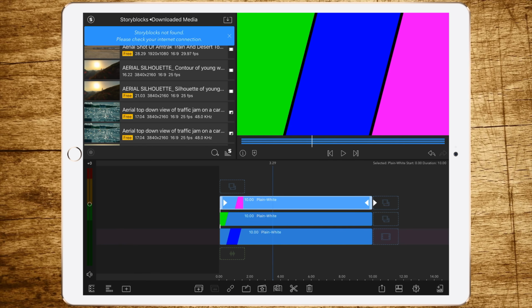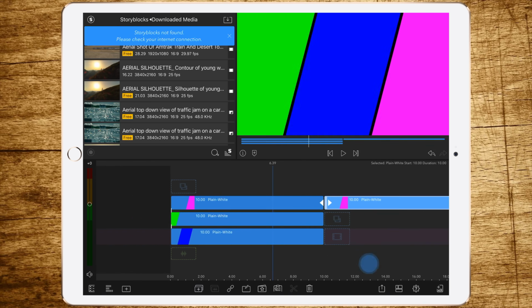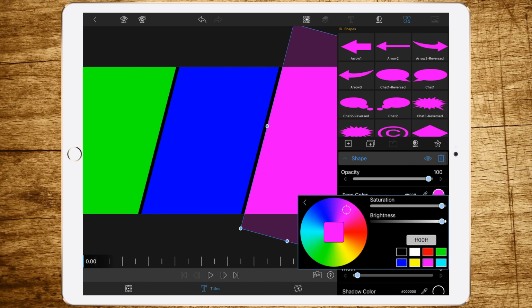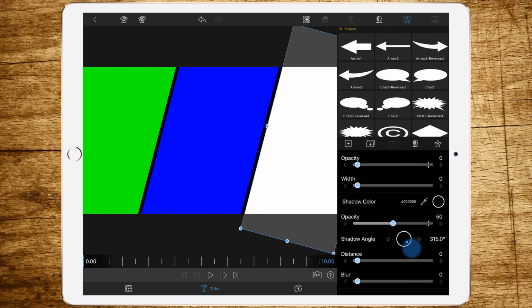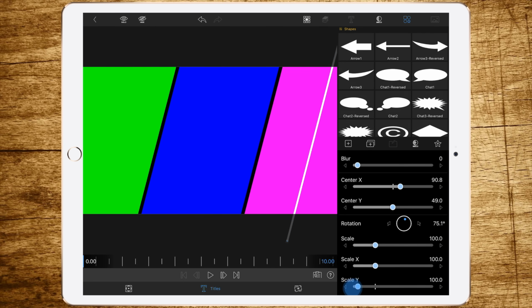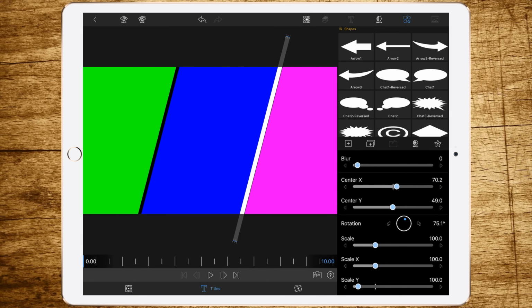What we could do now is, of course, using the black bars as a gap, but it's also possible to add white ones. To do this, again, duplicate the layer and change the color to white. And now use scale Y to make it smaller until we get a nice size. Let's say like this. And then we can drag it above the gaps.